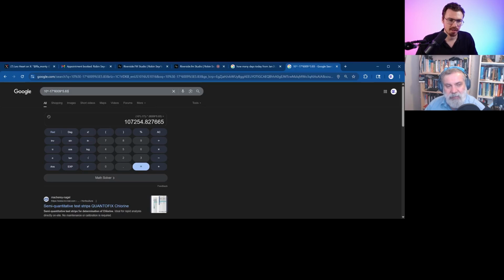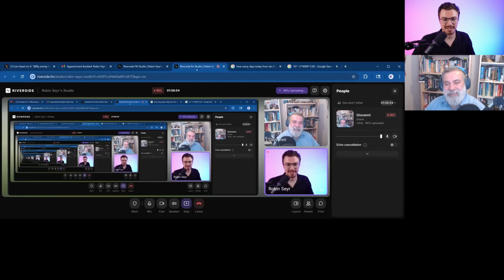Okay, so this is how I put it in here. Say 10 to the minus 17. This is how you write the power with this caret sign, times 6,009 to the power of 5.83. Look what you get. It's $107,250. Almost exactly the price. We are now at $104,400. Yeah, it's not crazy. It's super crazy, man. It's that accuracy, and it has been there for 8 years now, or 7 years, or something like that. Yeah, it's the same formula we have used for many years now.